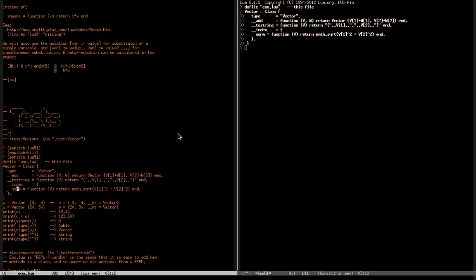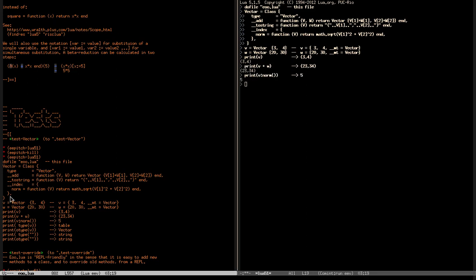This one is something that I'm going to explain in a second. So here we create a vector with these coordinates 3 and 4. Here we create another vector. If we print here, then Lua uses the function here in the toString. If we add 2 vectors, it uses the function here in the add meta method.